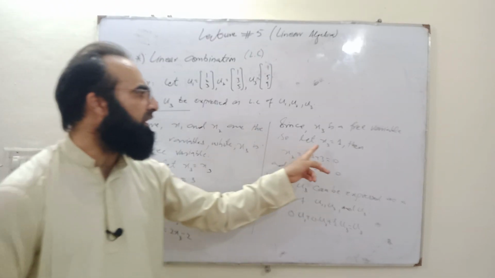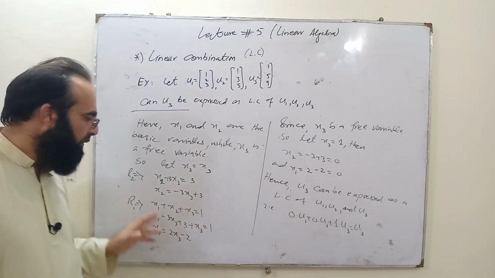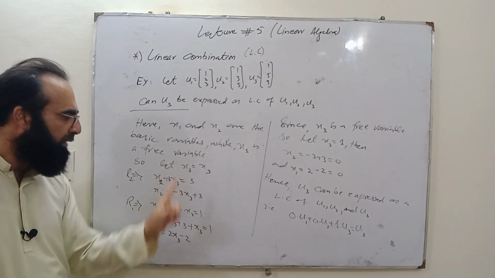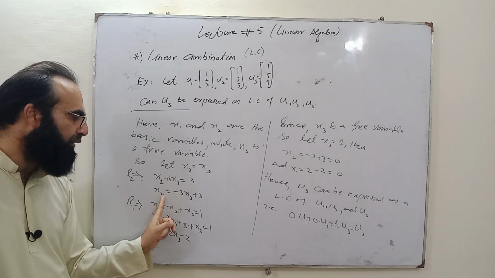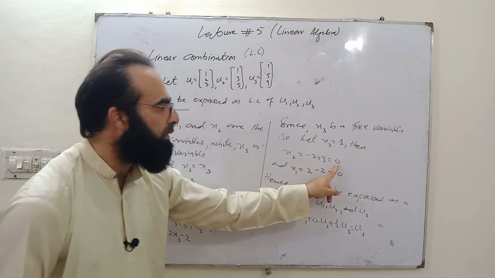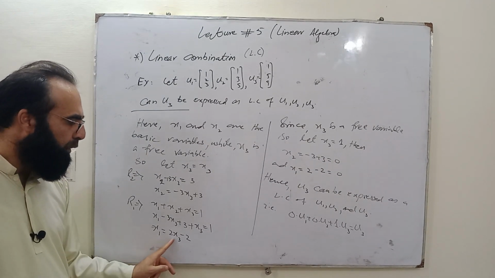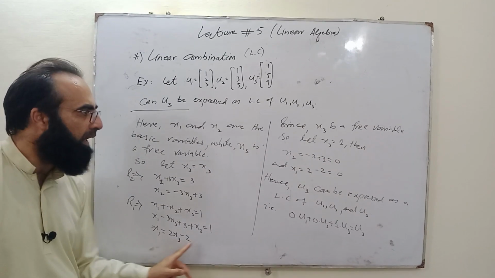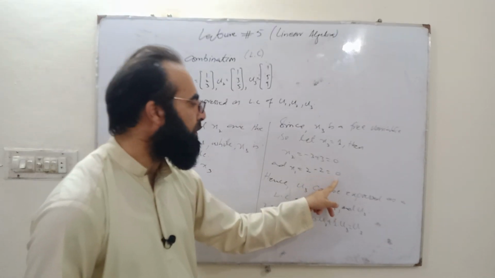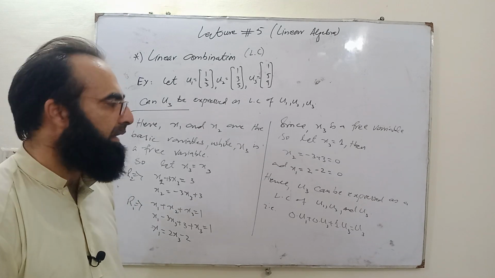So let us consider x3 as 1. Then what will be the values of x1 and x2? Put that one in this equation. x2 is equal to minus 3 into 1 plus 3, which gives 0. Similarly, here put x3 equal to 1, and we get 2 minus 2 equals 0. Since we obtained the values of x1, x2 and x3,